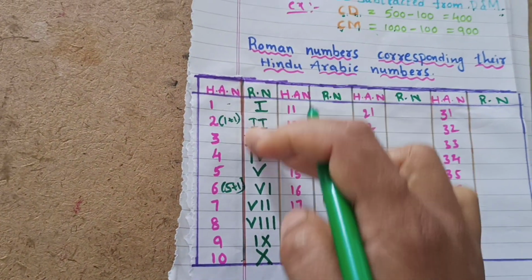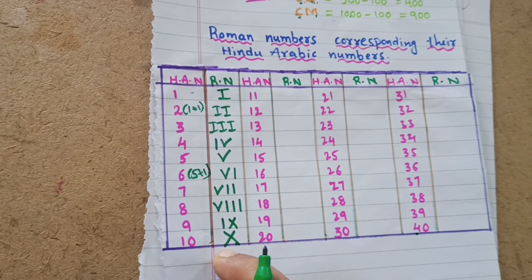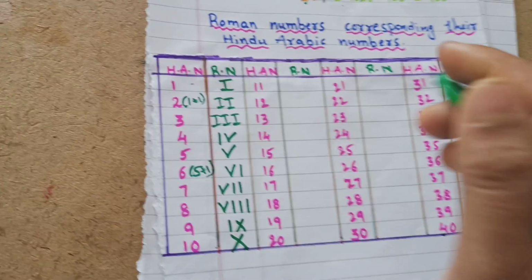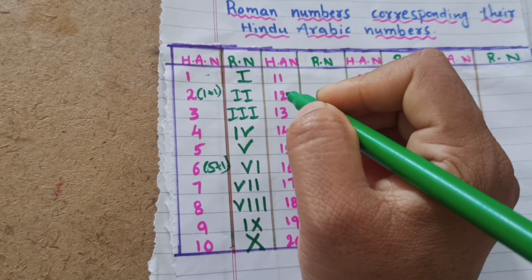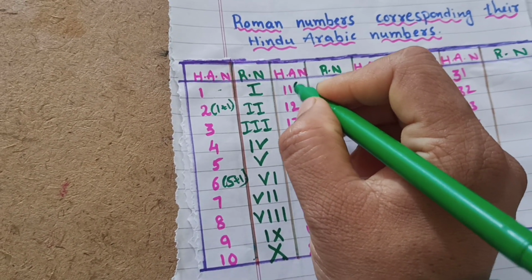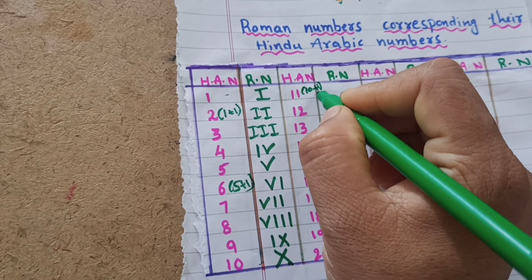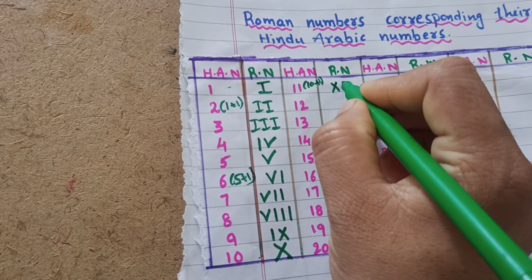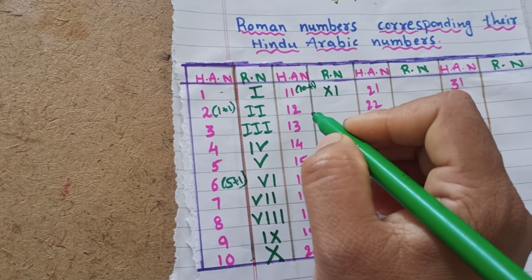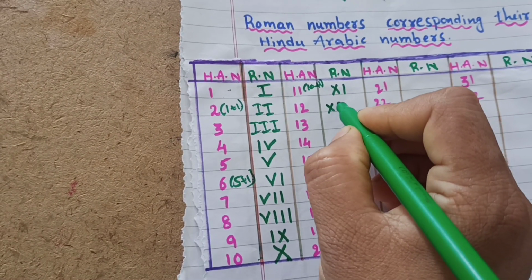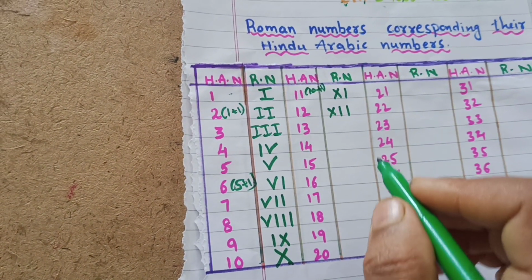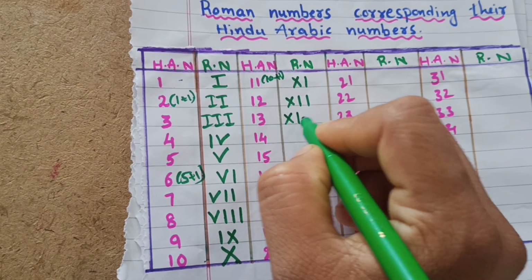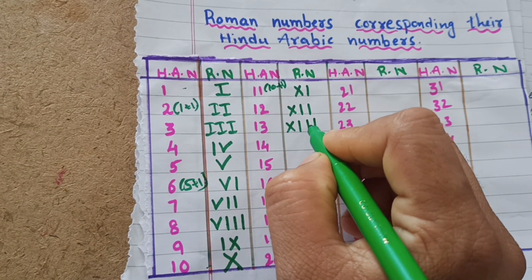Now if you know these 10 and 7 basic symbols, we can write from 11 to more numbers. Other numbers we can write. See, we know 10 as X. 11 can be written as 10 plus 1, na? If you know 10, we can write 11 also. 10 means X, 1 means I. Like that 12 can be written as 10 plus 1 plus 1, XII. Now 13. How can you write? 10 plus 1 plus 1 plus 1 means XIII.